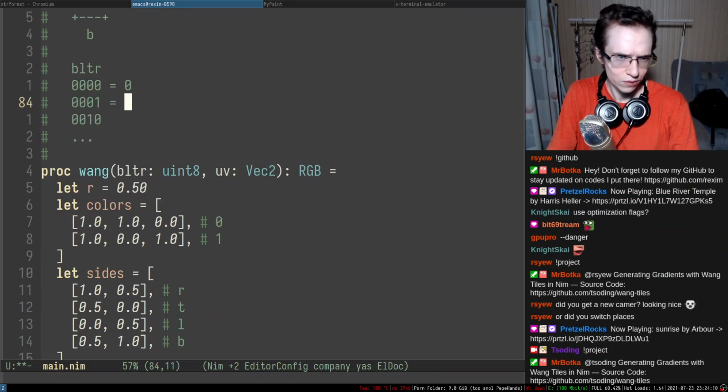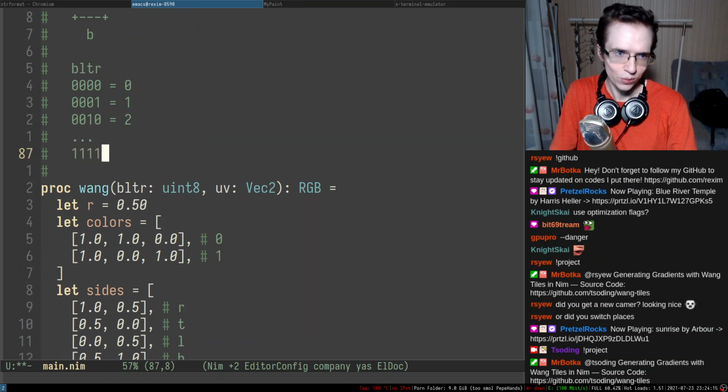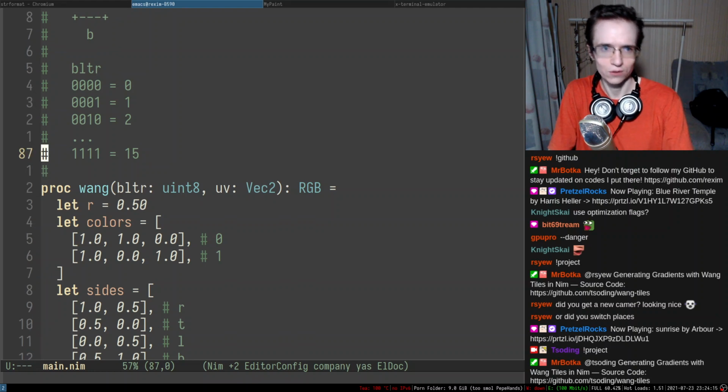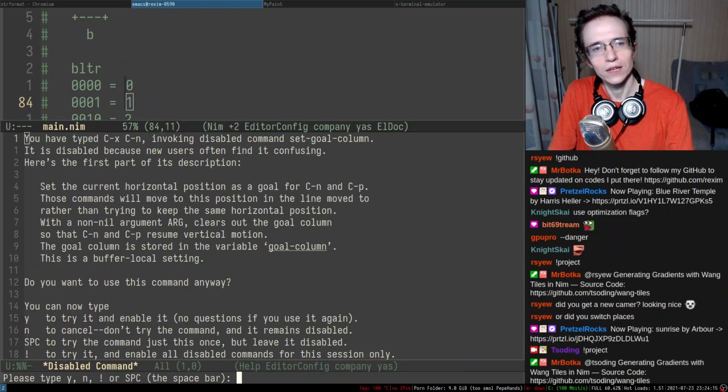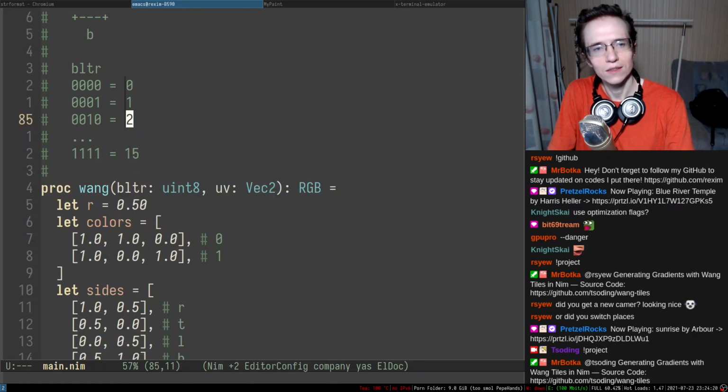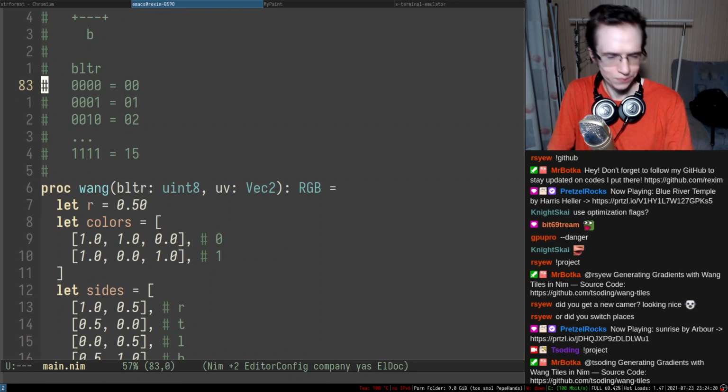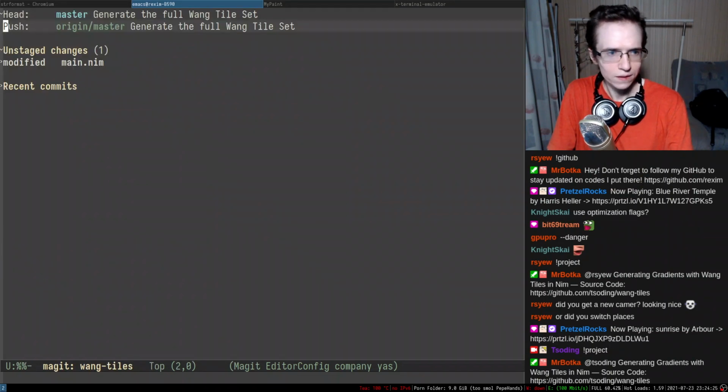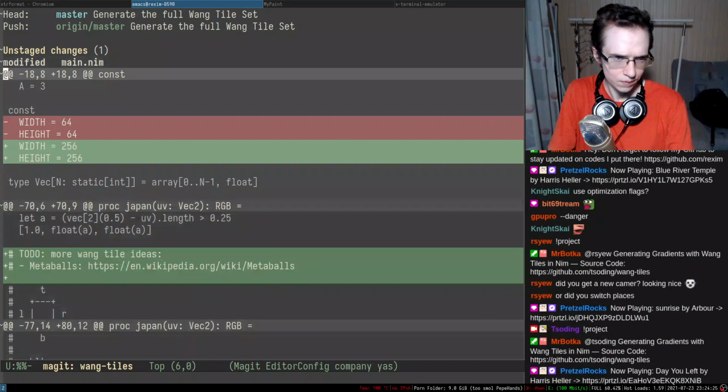So 0, 1, 2, etc. Then 1, 1, 1 is 15, if I understand correctly. Might as well also pad the entire thing with 0. All right.